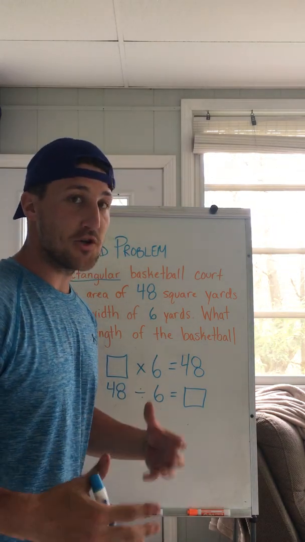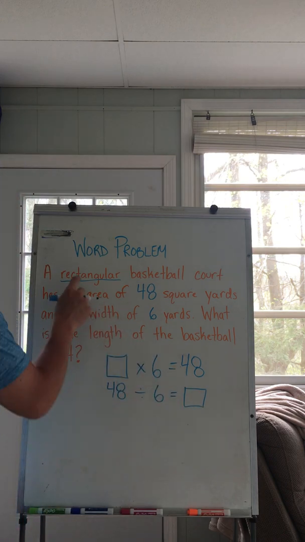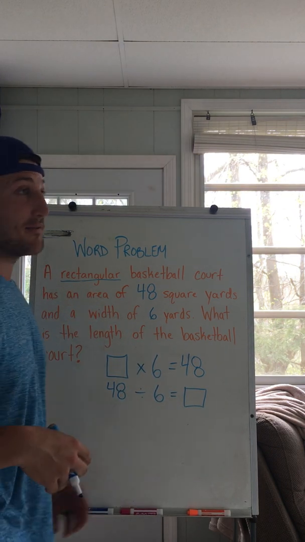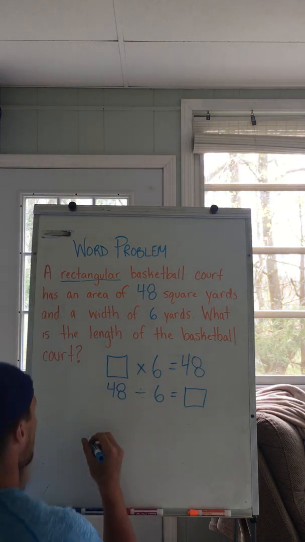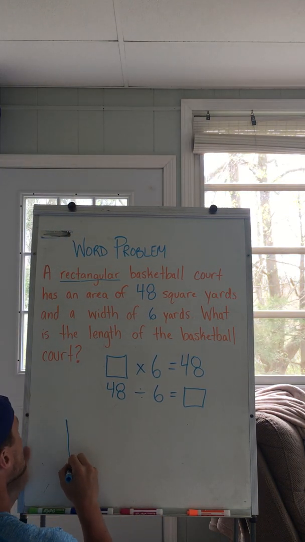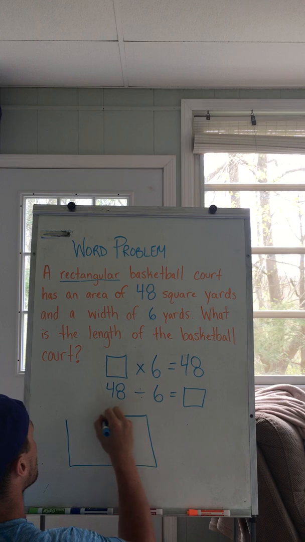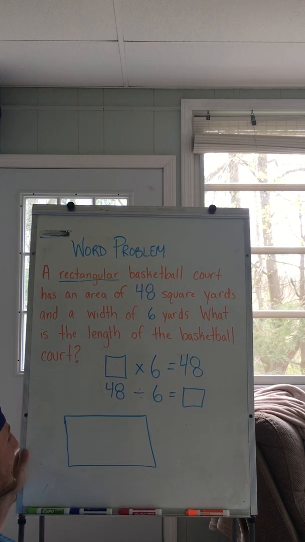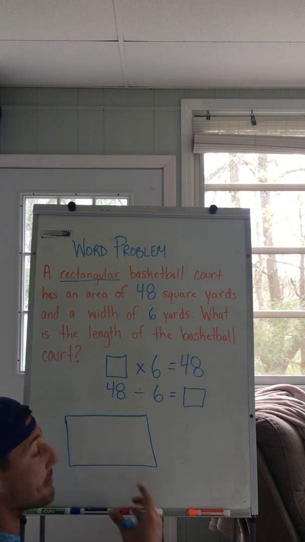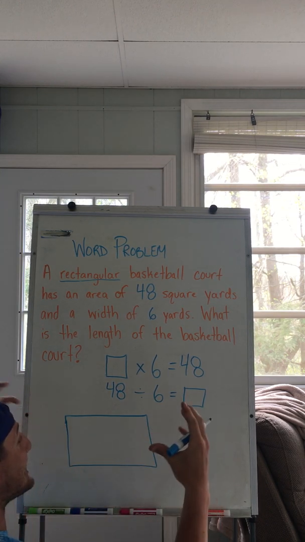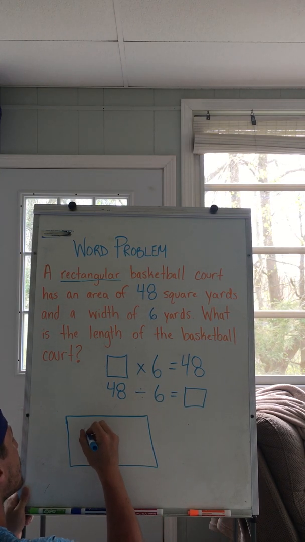Now I want to draw my visual representation. Remember we said before, this word up here is really important because my model needs to be a rectangle. So I'm going to draw my basketball court down here. And I'm just going to draw it in the shape of a rectangle. Cool. Now I'm going to start labeling parts of it that I know. Well, I know the area, so I'm going to write that in the middle because remember the area is the space it takes up on the inside. Cool. So I'm going to write